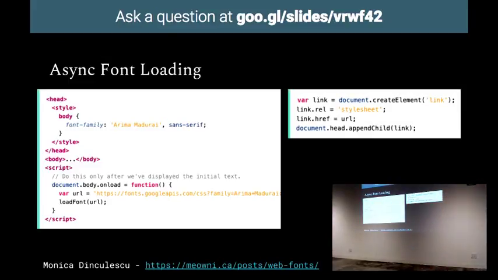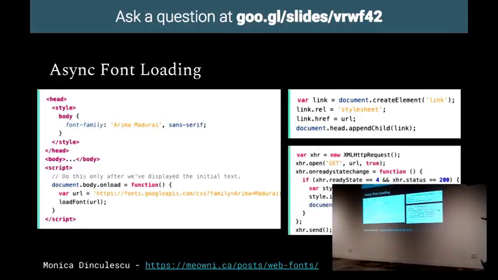This is just making a style sheet, injecting that into the head. This will block your paint operation. So this is important to know that it will now start downloading, and if there's other stuff going on in your app or your website during this time, it's going to be kind of choppy because this is happening or might affect performance. So here's a better way to do it that's really ugly because it's a raw XHR request,